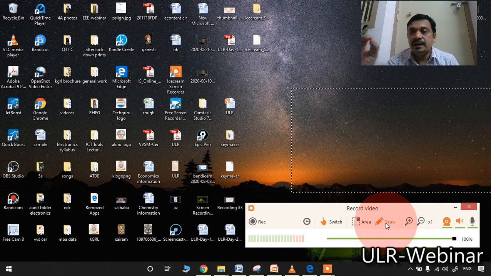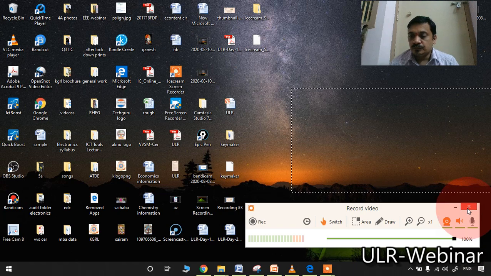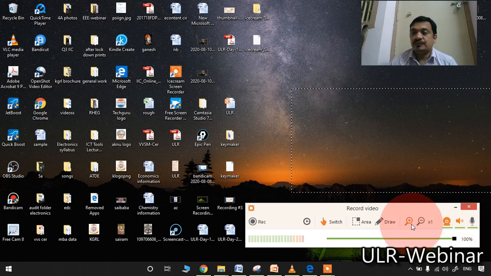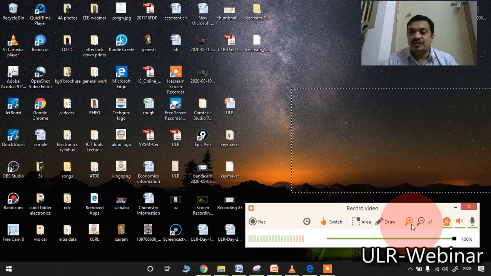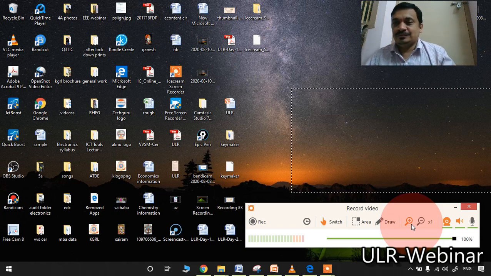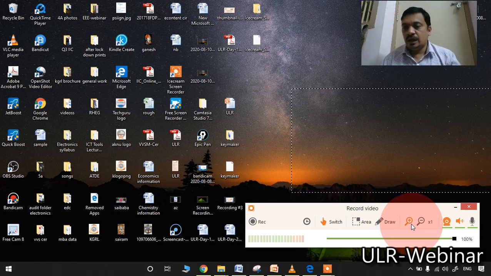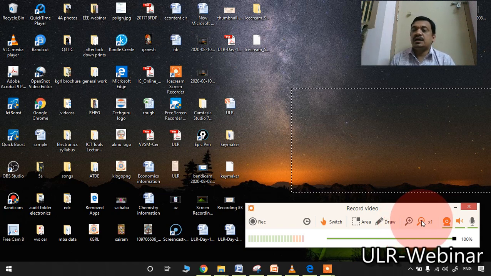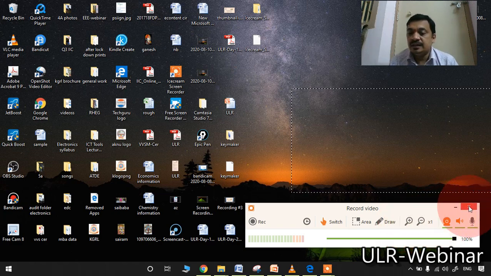Here the zoom option is also there. Whenever you are recording your screen, if you want to highlight anything, zoom in, zoom out, then automatically inbuilt options are available in this recording software.